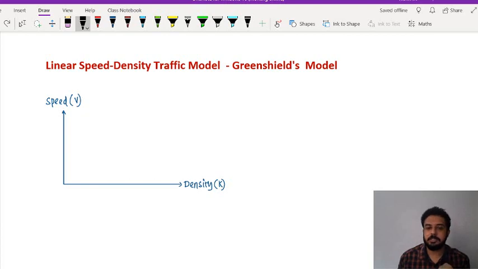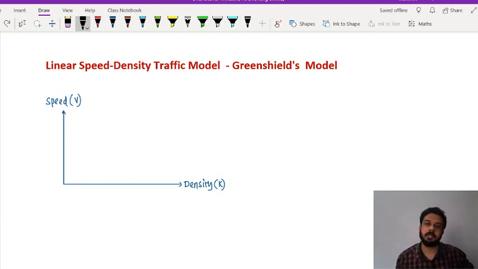Whatever be the exam, this topic is very important, but generally they don't mention the words Greenshield model or traffic model in the syllabus, but it is already included in the topic fundamental relationships. So what we are going to discuss here is how the speed varies with increase in density, or how the density varies with speed. We have already seen the relationship between these two and with the flow also in the previous video. I told you we are going to explain this in detail with numerical questions in the next video, right? So that's what we are going to do now.